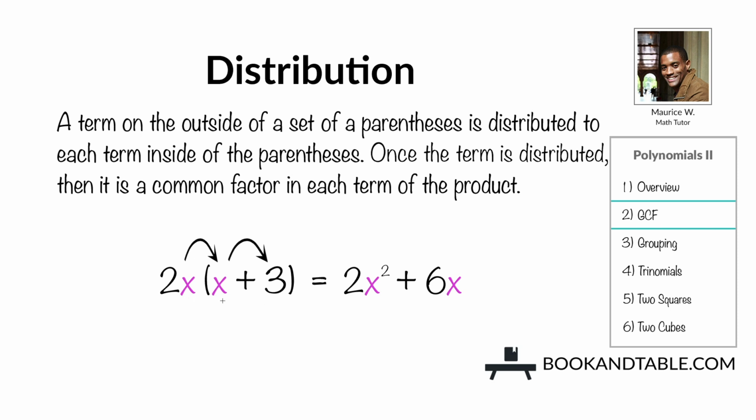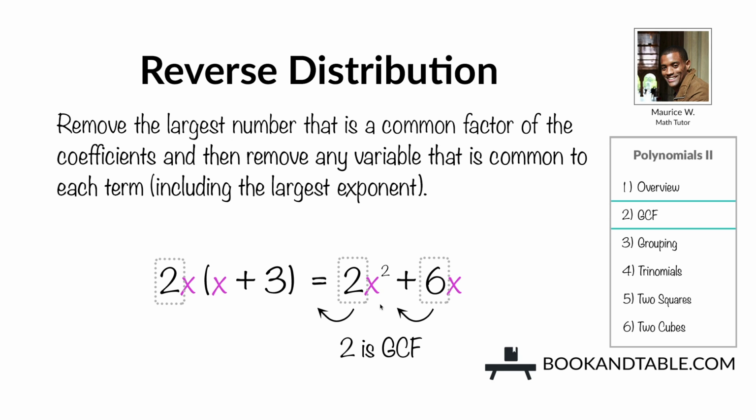So 2x times x would give you 2x squared. And 2x times 3 would give you positive 6x. And once the term is distributed, then it is a common factor in each term of the product. So 2x can be removed from 6x, and 2x can be removed from 2x squared. So reverse distribution is what we will use to find the greatest common factor of a quadratic with a single